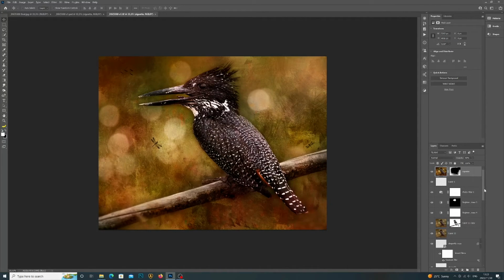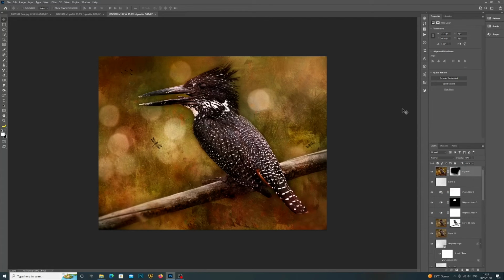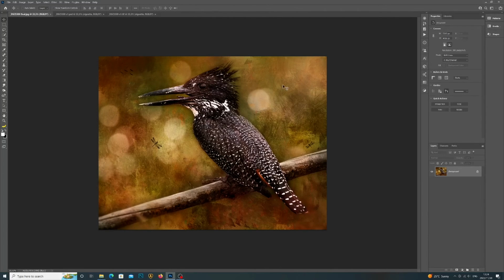So a PSD file is a Photoshop file with all your layers, but it just shows the PSD icon. Whereas a TIFF file, the icon of the actual picture shows, and that's why I prefer that. But I hope this has helped you in knowing actually what a PSD file is,